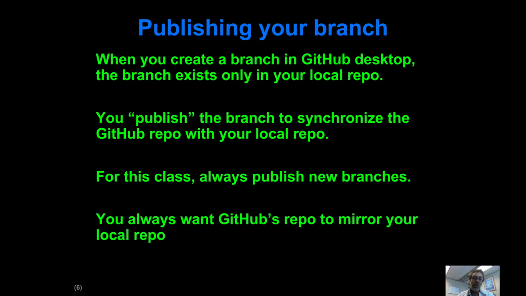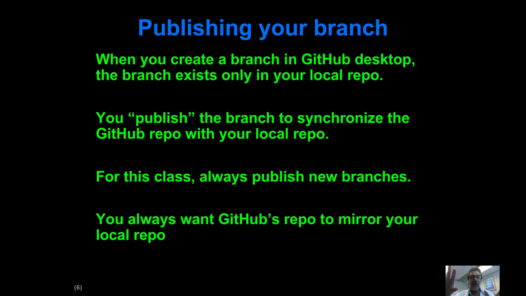So there's this idea of publishing because, as you recall with GitHub and Git, you work in a local repo, but there's also a repo over at GitHub. And so when you first create a branch in GitHub Desktop, that branch only exists in your local repo. So you publish it, which is the little button you'll see in GitHub Desktop. Publishing basically means, okay, I've created this branch locally, now I want that branch and its contents to also exist over on GitHub. And my recommendation for this class